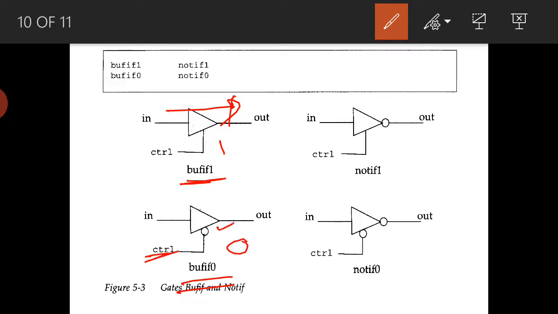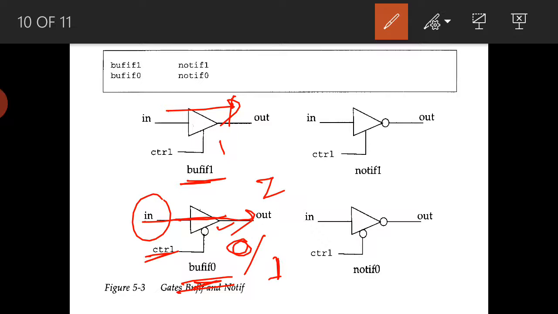Because we have taken a bubble here, if the control bit is 0, then the input will be assigned to the output. Otherwise, if the control is 1 here, then the in will not be assigned to out, so it will be high impedance.